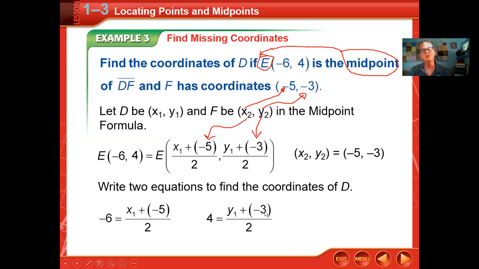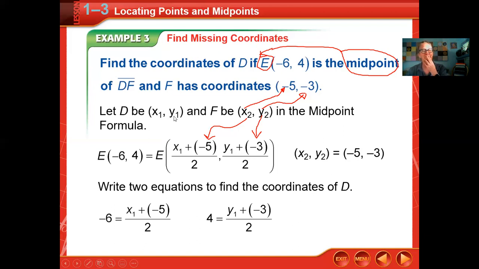Okay, so these are the two equations that you end up with. Since the X coordinate of E is -6, and since this will give you the X coordinate of the midpoint, you can set them equal to each other. And since this is given as the Y coordinate of the midpoint, and I know the Y coordinate of the midpoint is 4, then I can set those two up to each other. And now I have two different equations that are easy. They're not easy. I'm not going to say they're easy, but that are solvable. So I could find X1 and Y1, because remember, I'm trying to find D, so I need to find X1 and I need to find